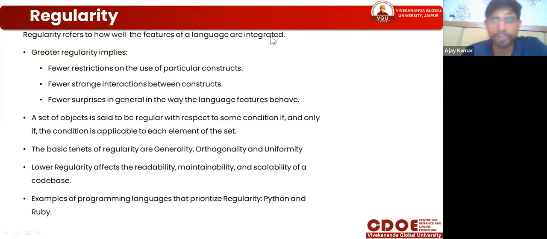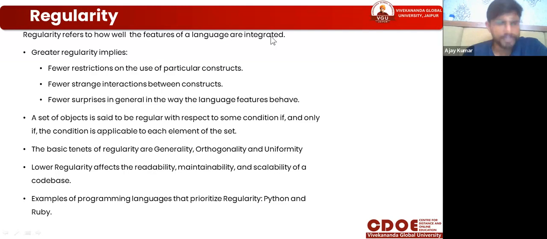These strange boundaries, these restrictions, create problems. Fewer surprises in general in the way language features behave. When you put those features in the right way, they perform well, but if you put them in the wrong way, in the wrong type of instruction, they don't perform well.